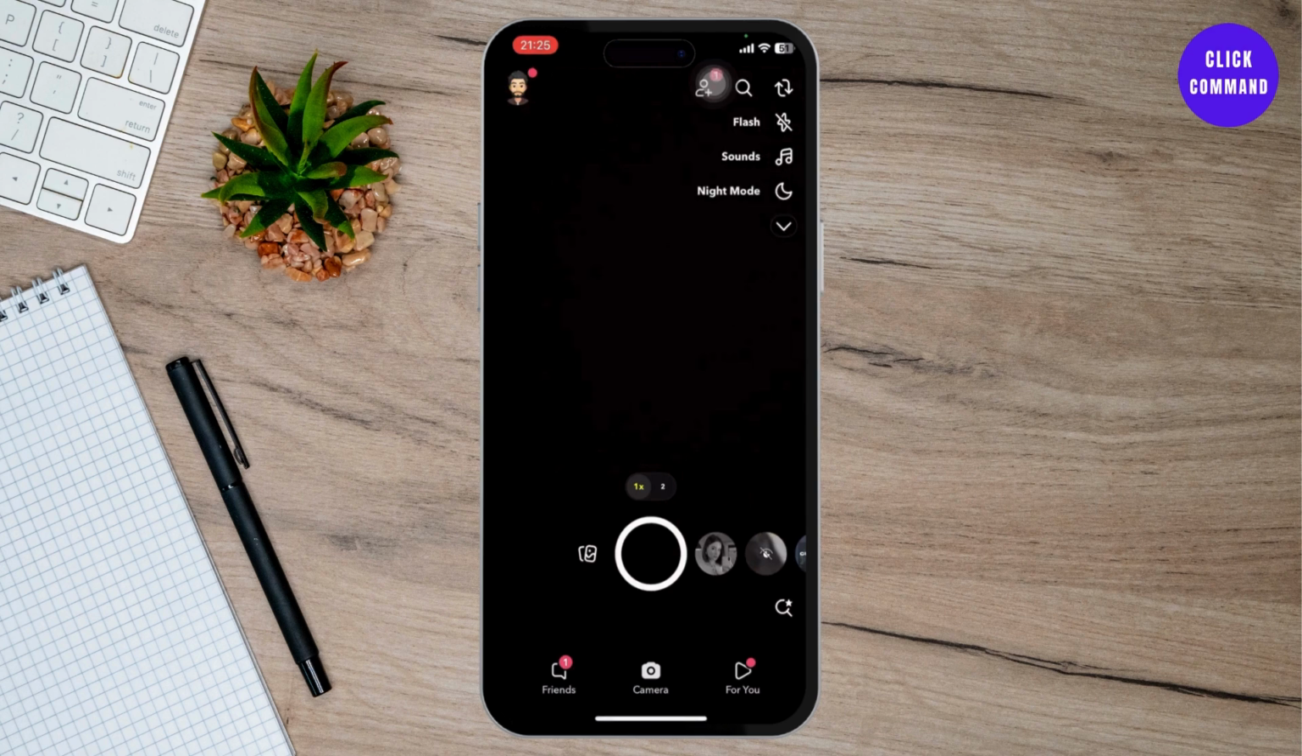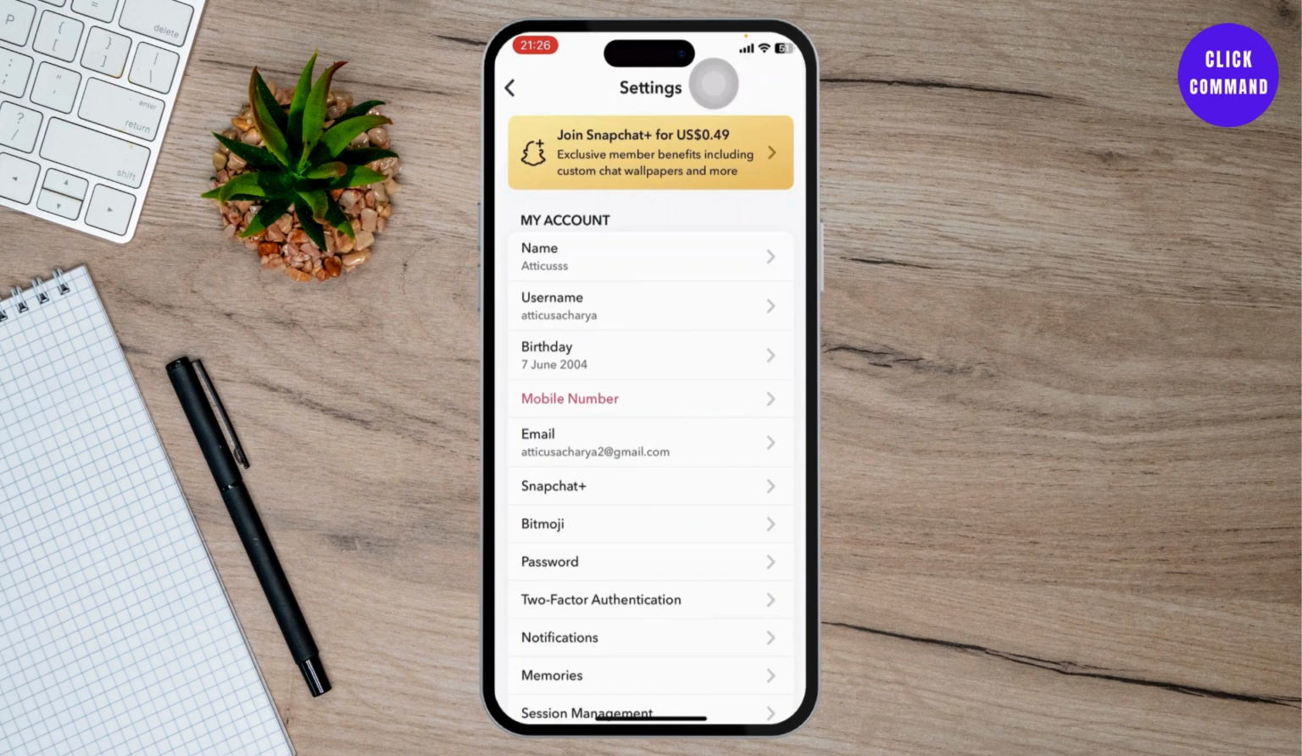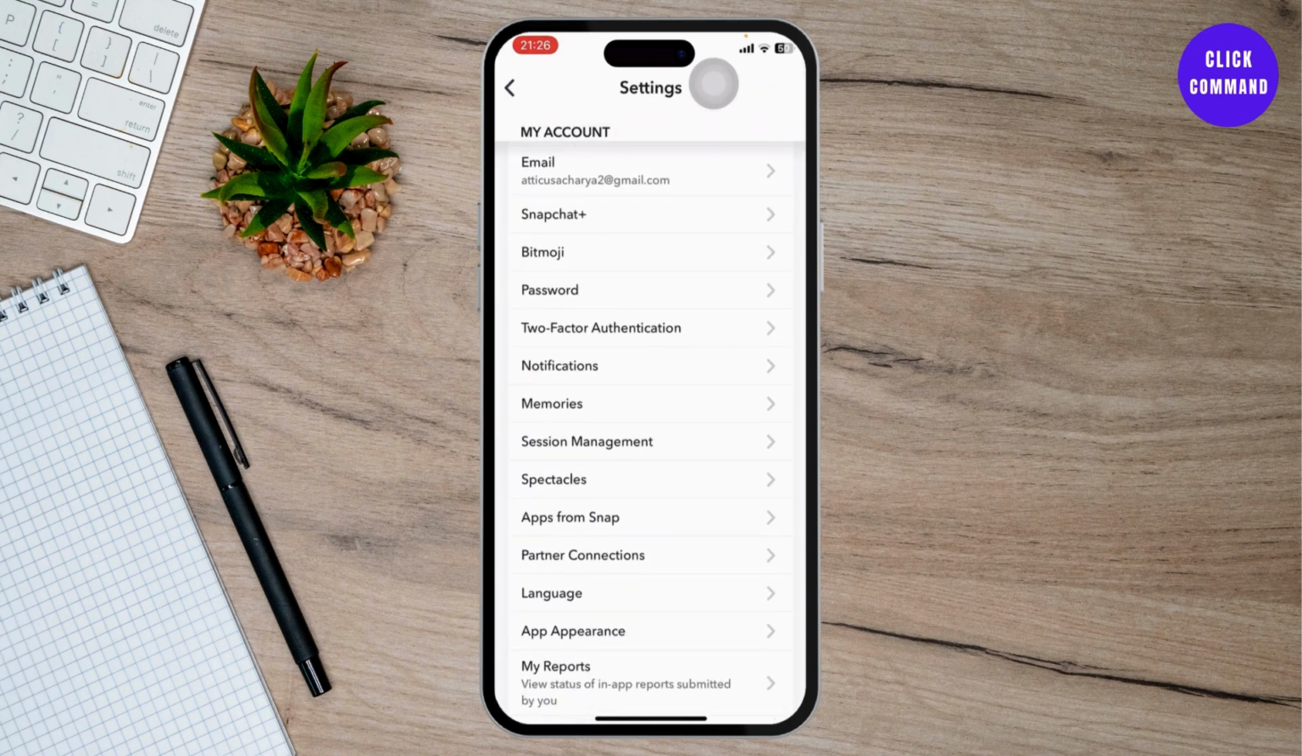After you open up your Snapchat, you will need to tap on your Bitmoji that is on the top left corner. After you tap there, you will see the settings icon on the top right corner. It's the gear looking icon. Tap on it. After you do that, under My Account, scroll down and there you should find an option called